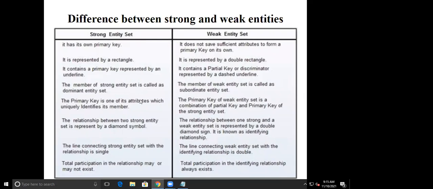Identifying entity set and dominant entity set are different names for the strong entity, whereas the weak entity is called a subordinate entity set. A relationship between strong entities is shown by a single